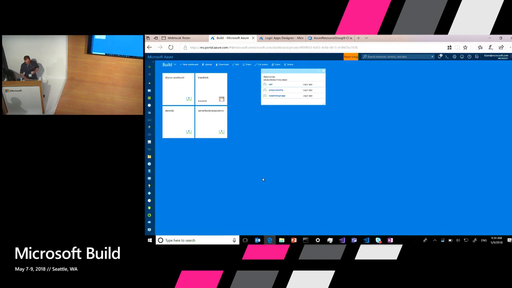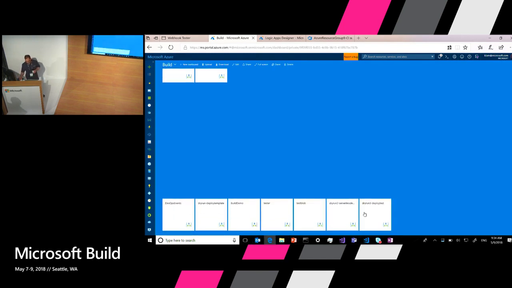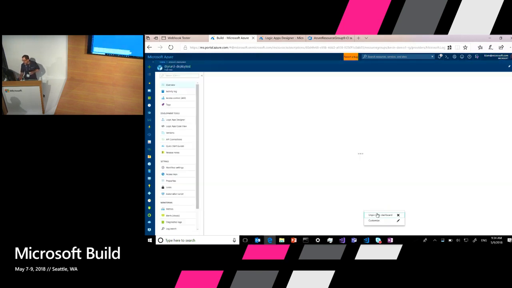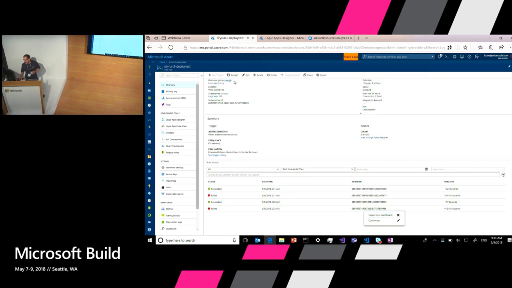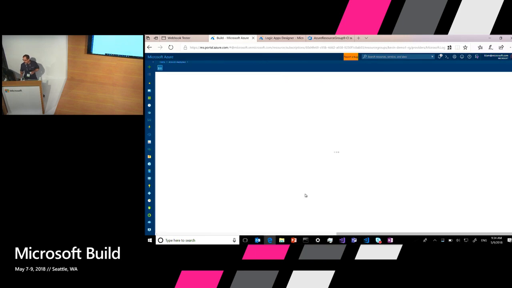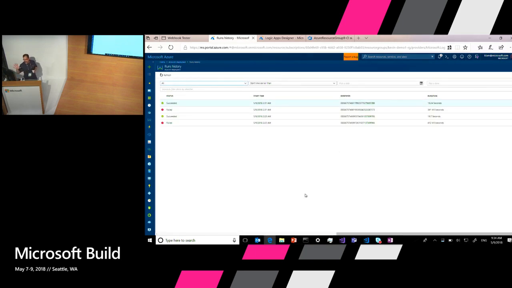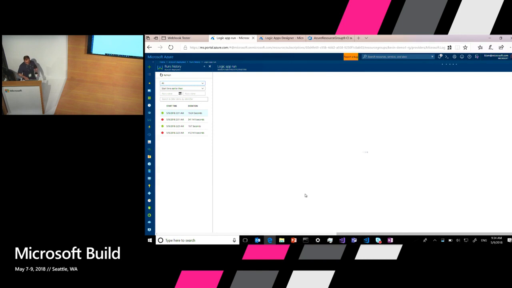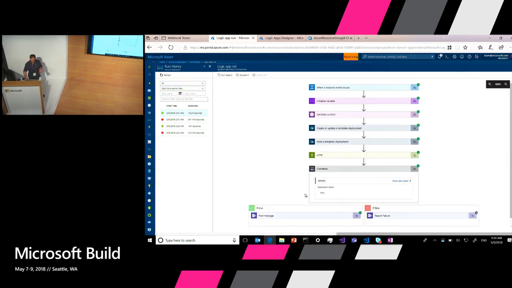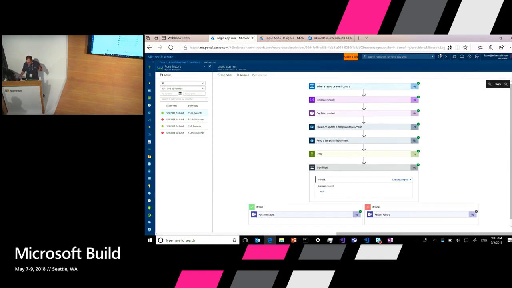You can trust me because what I'll do is I'll show you one that did run earlier this morning. And you can see in that same logic app, this will come up. I'd run it again, but we have no time. But then you can see that it's based on that event. It's actually called, deployed that template, called it, waited for it to be complete,